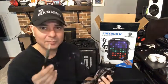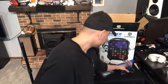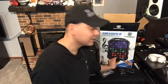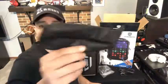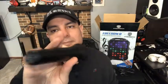Actually, it's a little bit more heavy duty than I would have thought, so pretty good cord. You're going to get a microphone with a case, so nothing fancy, but it's definitely going to work as a microphone case. The microphone here actually has some weight to it, pretty similar to some other companies that I've got when you get microphones. The only thing I'll say is